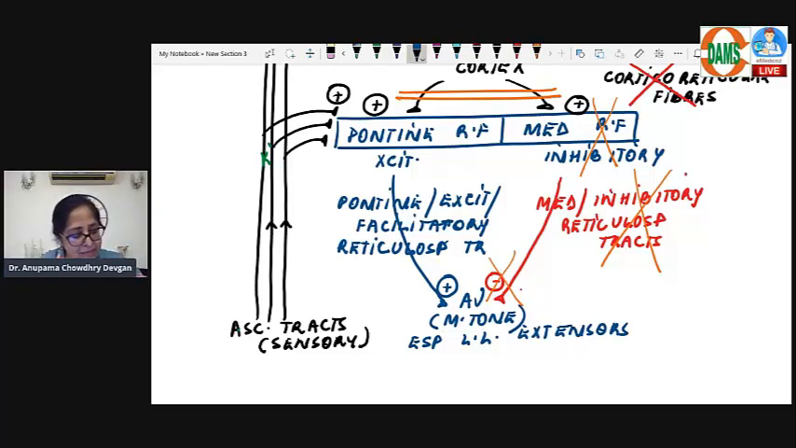Okay? Same thing, clenching of the teeth or sensory input from the fingers, you are increasing the sensory input into the pontine area via the collaterals. Right, via the collaterals, and that is so. Remember,